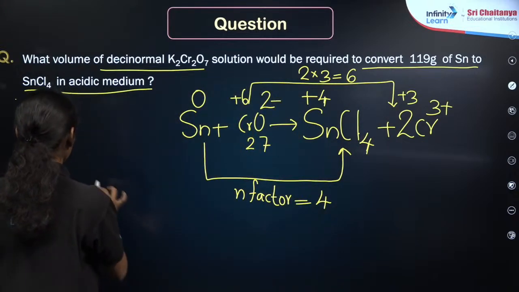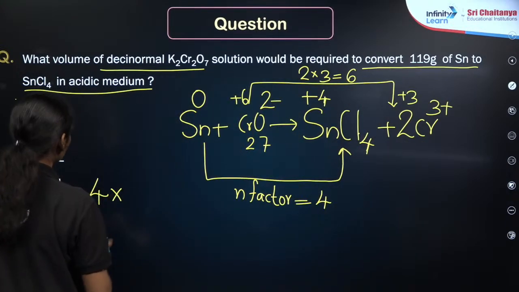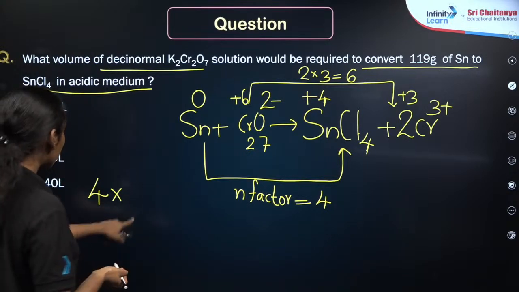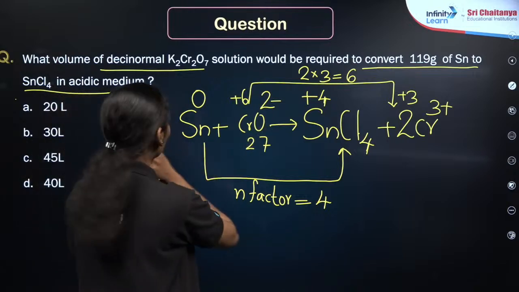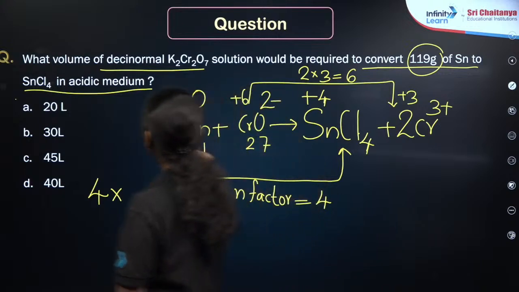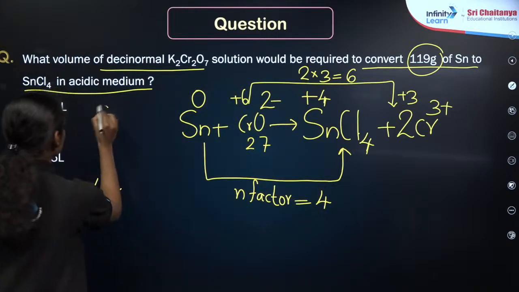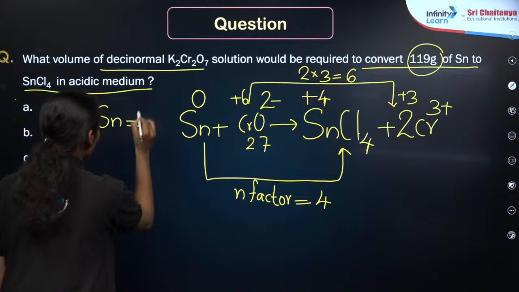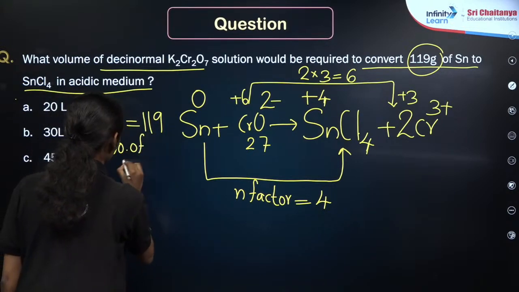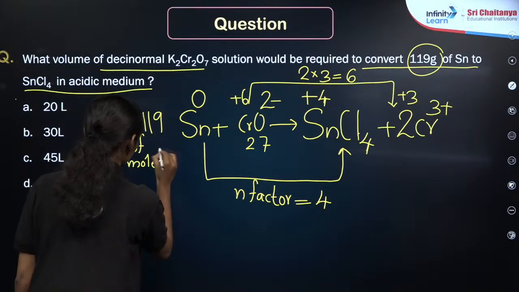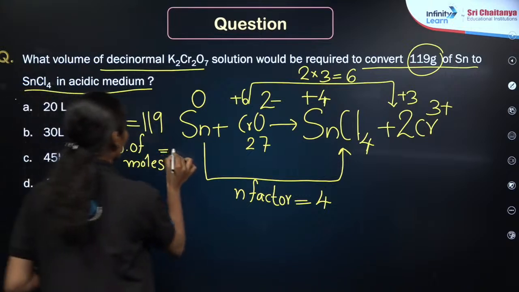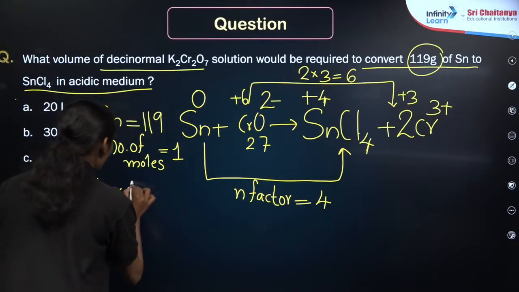So simply we write the equation: n factor 4 into number of moles. Here it is 119 gram of tin. While calculating the number of moles for tin, the molecular weight of tin is itself 119, right? Therefore, number of moles is equal to 1 mole. For 119 gram of tin it is 119 divided by 119, that is equal to 1. 4 into 1 is equal to